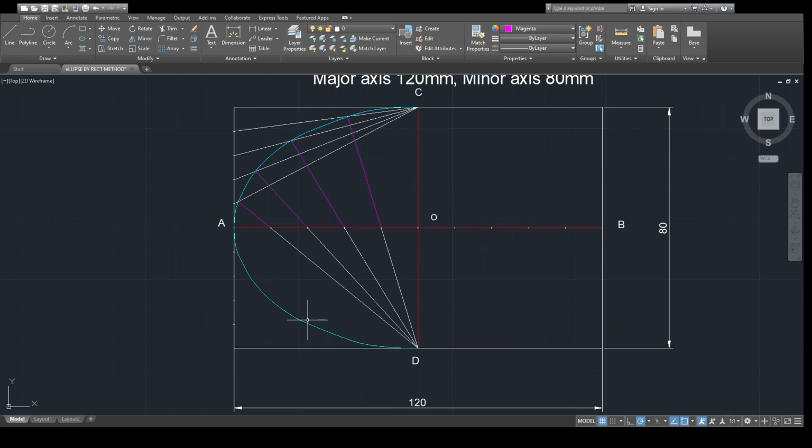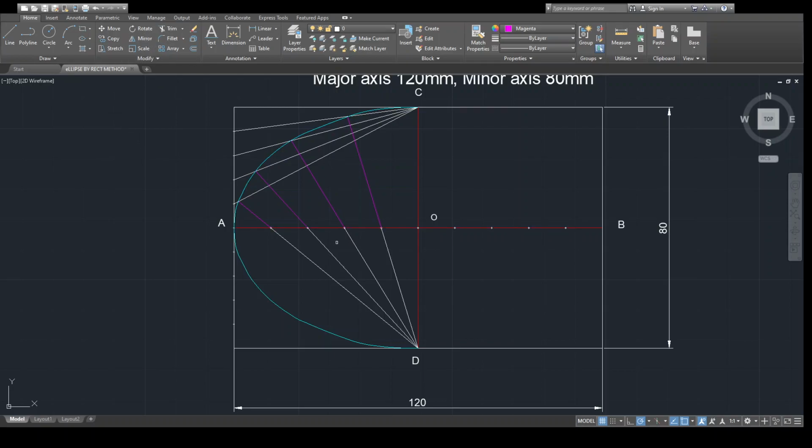Okay, I will remove this and one more time I will mirror it. Select object. So this is my object and this is my rotation point. Yes. Mirror, select object. So this is my point. Yes, now it is over.